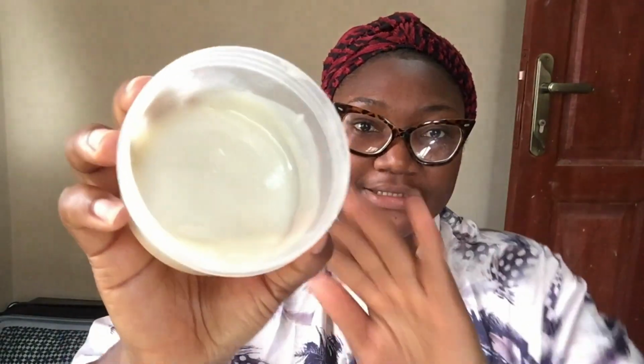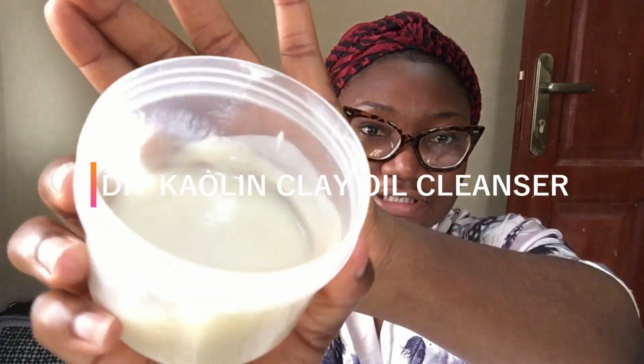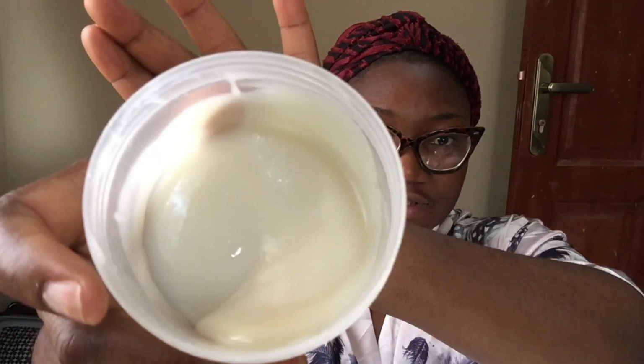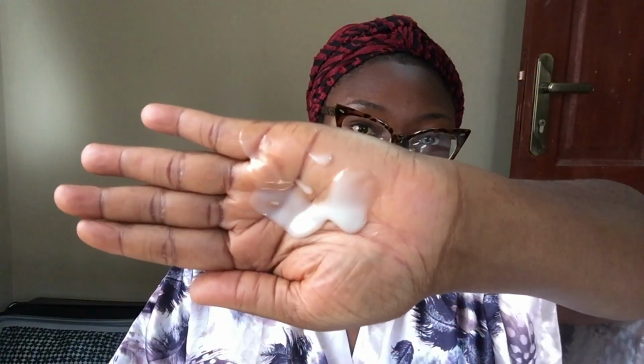So this is what my DIY cleanser looks like. It's solid, but as you can see, it moves. It's not liquid. I don't know if you guys can see it. I don't think there's any measurement to it. I take about a spoonful. So I'll be taking this much, and